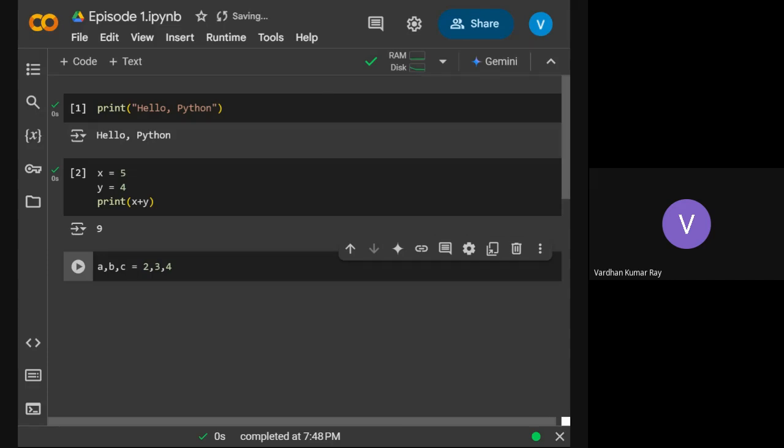Python allows you to initialize and declare variables like this. You can just write the variables a comma b comma c, and you can initialize them. Declaration is just writing that variable. In some languages like Java, you also have to declare: you write int a, int b, int c, then a is equal to 2. But in Python, you can do declaration and initialization together.